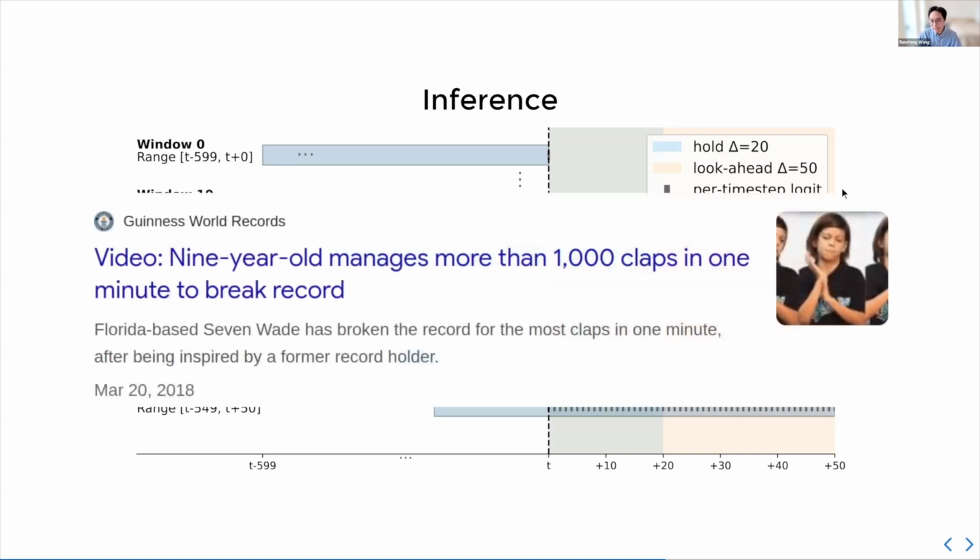And unless you're trying to break the Guinness World Record, or this person tries to clap their hand 1,000 times in 1 minute, you are very unlikely to open and close your hand 200 times per second. Maybe you open and close 5 times, 7 times, 10 times at most. You can try right now. It's very hard. I tried. So unless you're trying to break the world record, this is a reasonable assumption as long as the look-ahead is small enough.